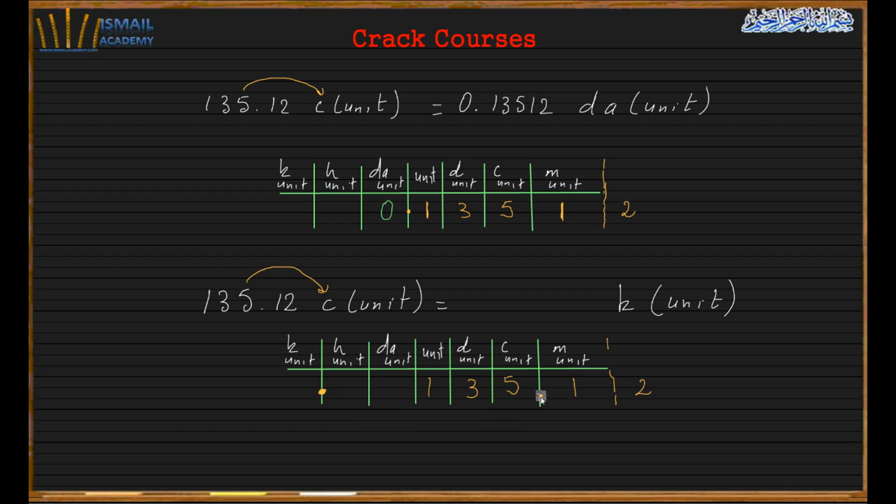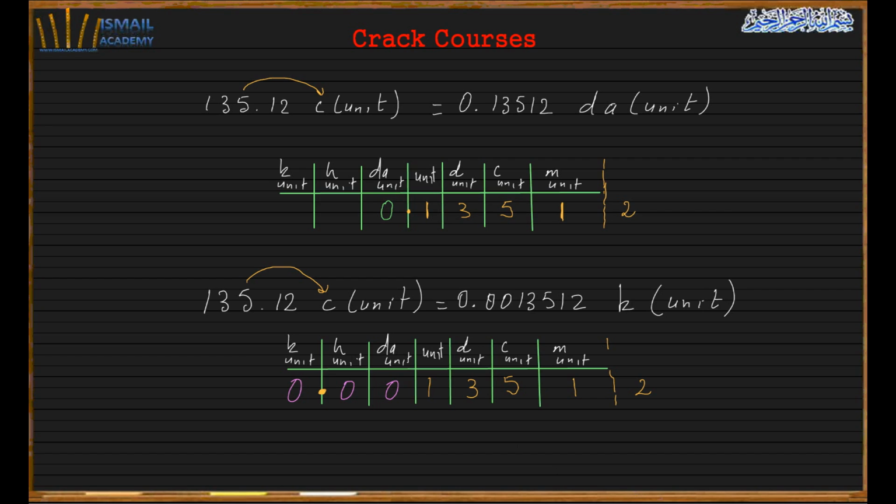position. So I have something left. So I move the dot to the kilo position here, and there's an empty spot here. When we have an empty spot, we fill it with the 0. So here it is going to be 0.00135512, and this will be my answer for that